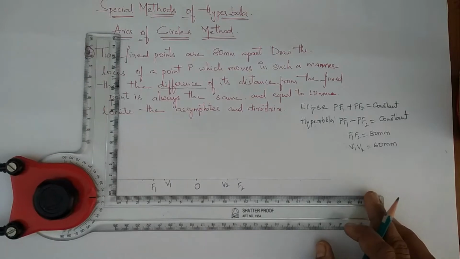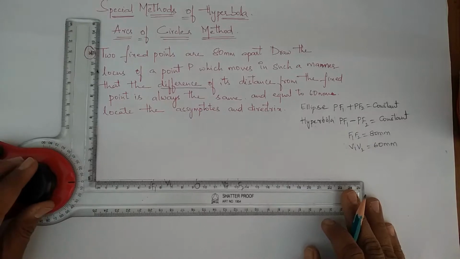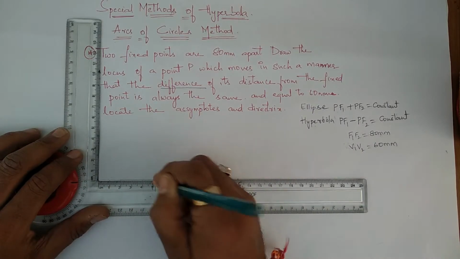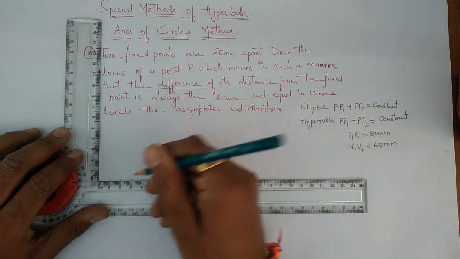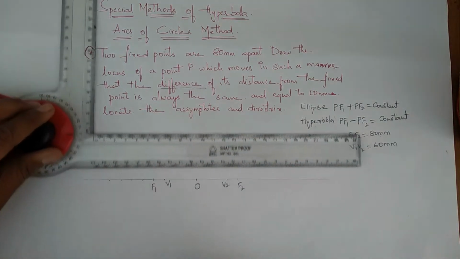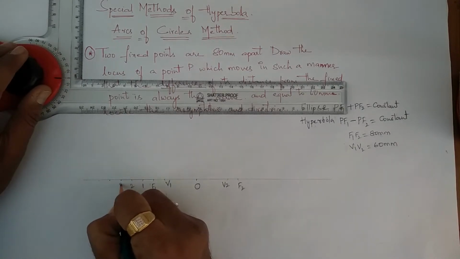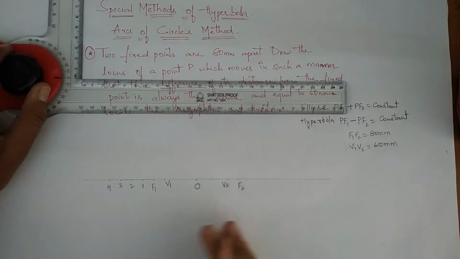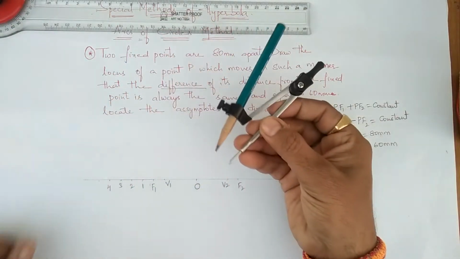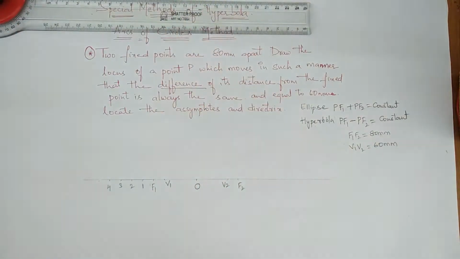Now from the focus point, take some equidistant points. Take around 4 or 5 points, that is enough. 1, 2, 3, 4. So I have taken 4 points, marking them from the focus point as 1, 2, 3, 4. Using the compass, as we have done in the earlier case, we are going to adopt the same methodology. So measuring, I'll write it here.